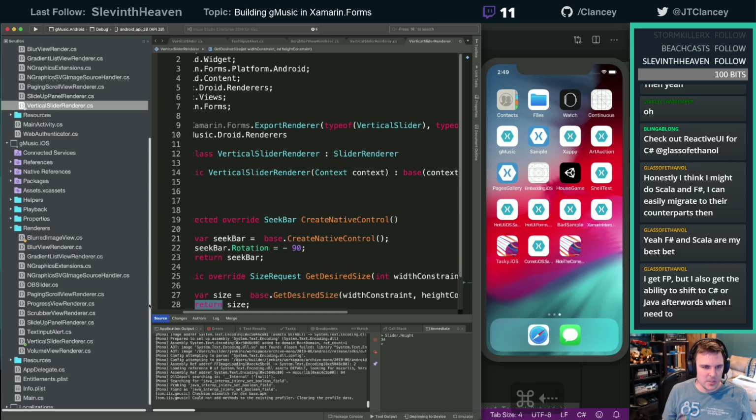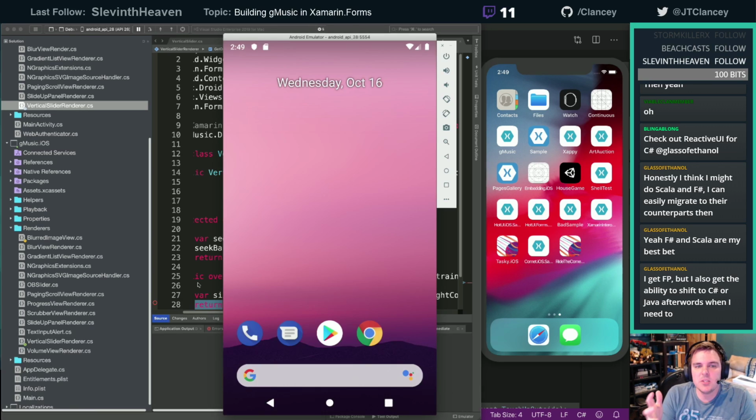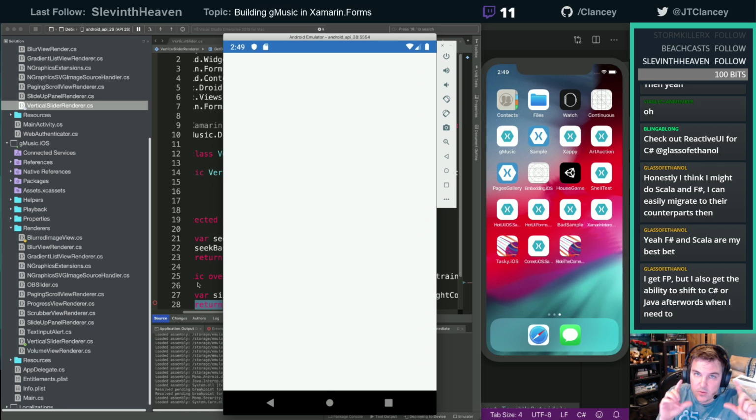Let's put a breakpoint in here and see what it's doing. It might work like the Forms way where it doesn't auto swap everything for you. It shouldn't be too hard to take the rotation and the frame and apply it to a matrix, and out you get the new rectangle. And now you don't even have to deal with all this nonsense. I'm shocked. I'm going to make sure that works in Comet.